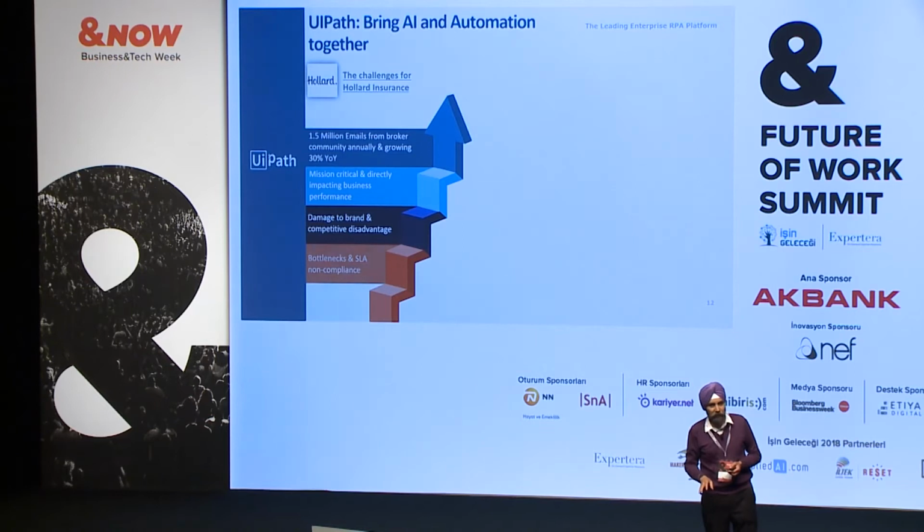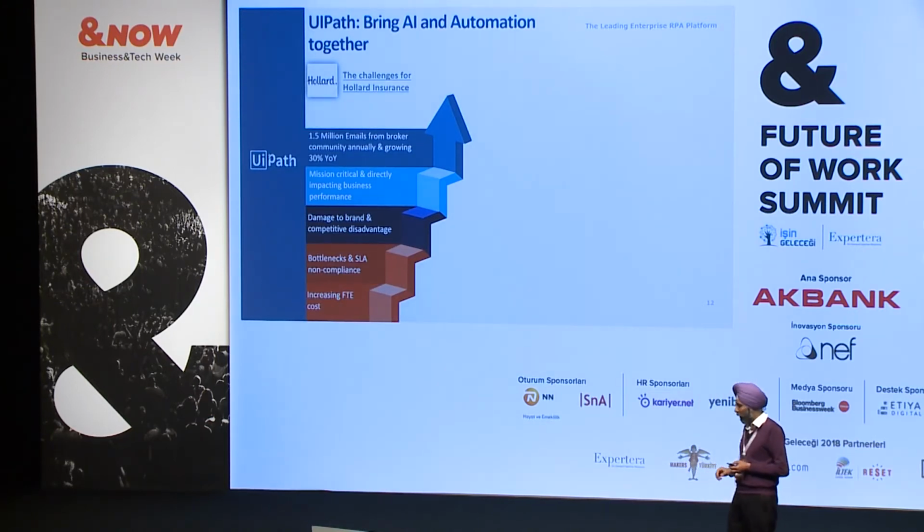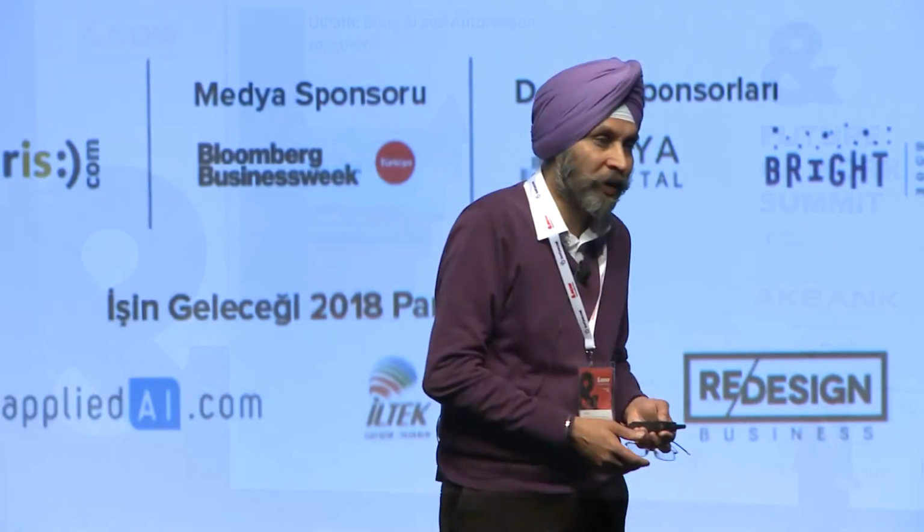I'm just going to give you a very quick case study. This is for an insurance company in South Africa. And they were getting about 1.5 million emails, which were growing 30% year on year. Now, these were really time-critical emails from brokers, had to be acted upon. The challenge was, if the volume was going to increase 30%, do they put 30% more FTEs and increase the cost, which is a big issue, or they look for another solution? What they did was they brought around AI and RPA together. So they have IBM Watson, they have Microsoft Cognitive Services, they have Abby for the OCR, and UiPath as the glue which brings it all together.